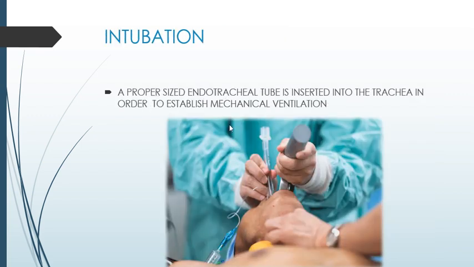Next, intubation. While giving general anesthesia, the patient needs to be intubated. So a proper size endotracheal tube is required. It should be arranged beforehand. Like if a 1 year old child or 6 month old child is going to be operated, then a suitable size ET tube should be present there, and accordingly the laryngoscope and its blade.